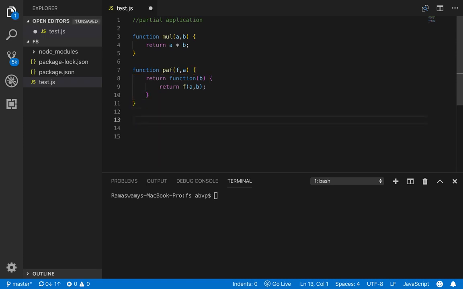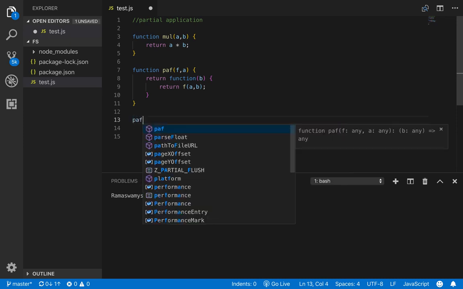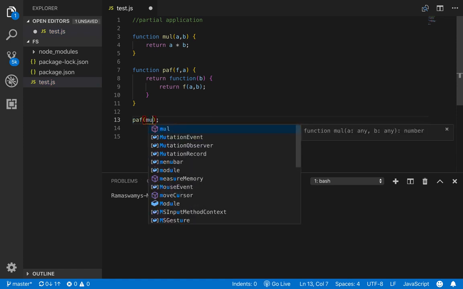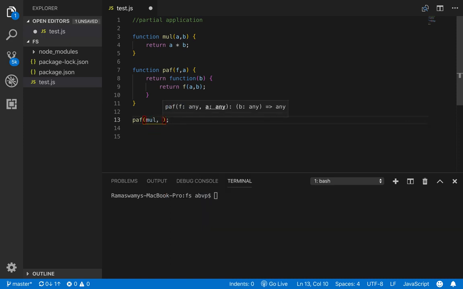Now outside this, we can invoke our partial application function. So it is PAF. Let us invoke that and pass in the two arguments. The first one is a function, so let us pass mul, and second argument, let us fix the value for a. So let us say the value is 10.